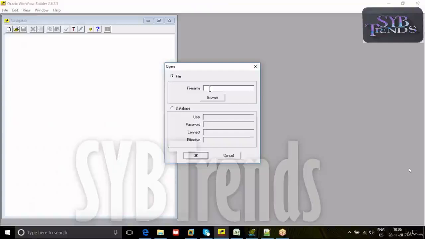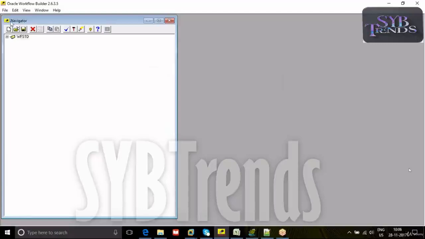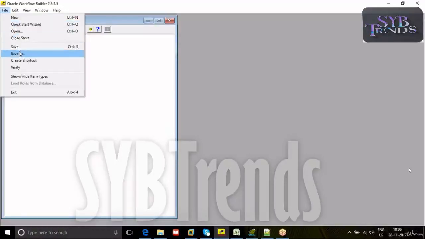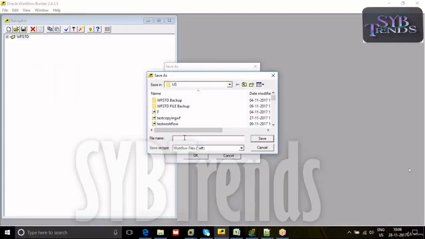Open. First we need to open WFSTD standard one, like your template.fmb. Now go to File, Save As. Here I want to use XXAP invoice hold release